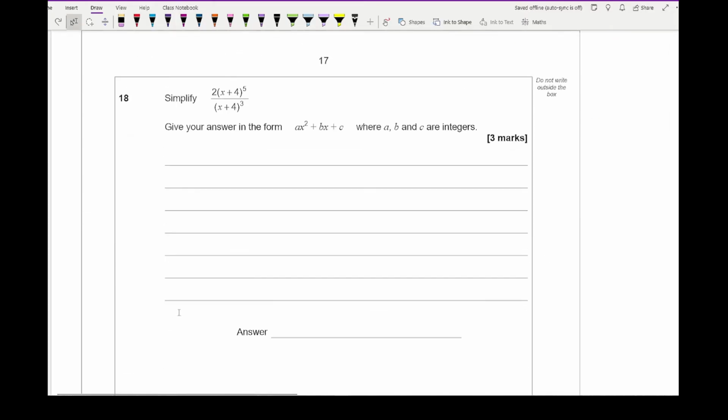Moving on to question 18, it's asking us to simplify 2 lots of x plus 4 to the power of 5 divided by x plus 4 cubed. And the question is asking us to give our answer in the form of ax squared plus bx plus c, where a, b and c are integers. So if I just start by writing out that fraction again,